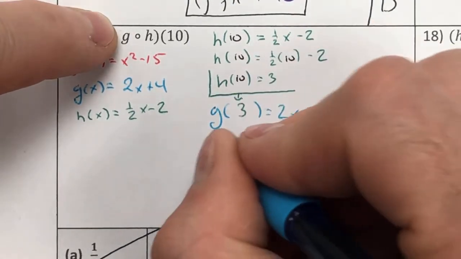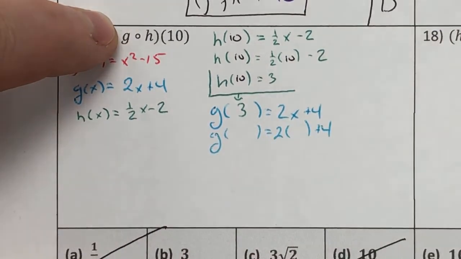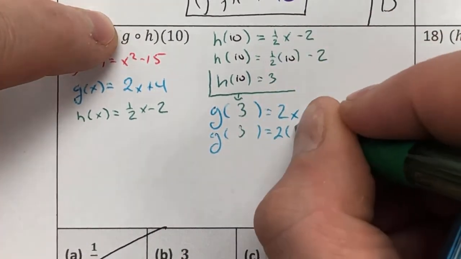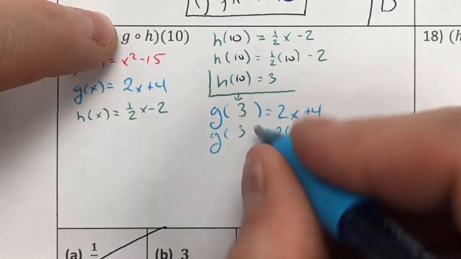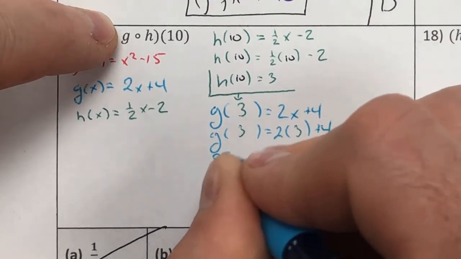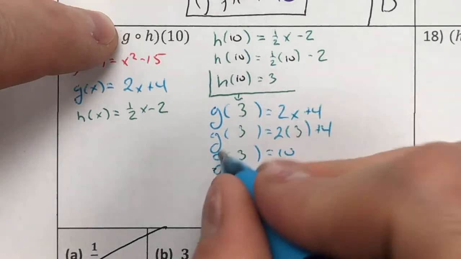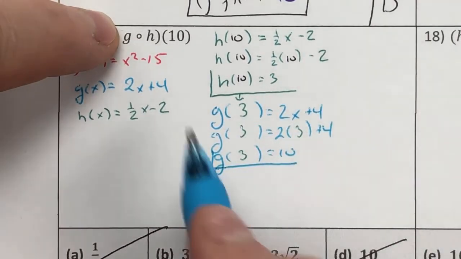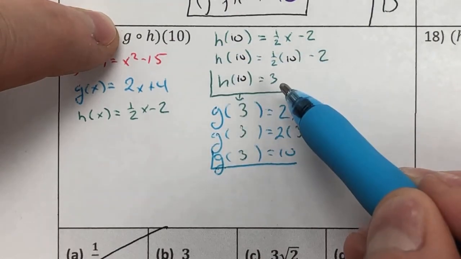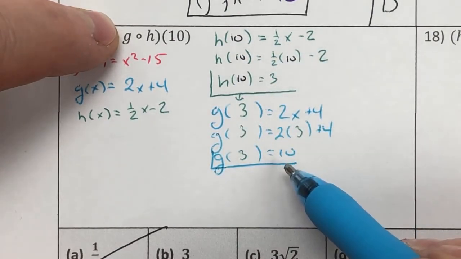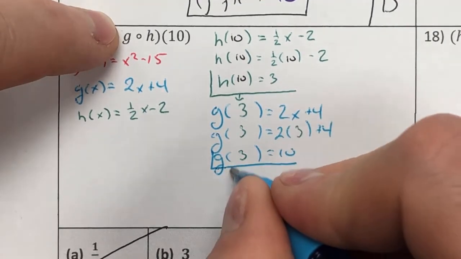So G of 3 is 2 times 3, which is 6, plus 4 is 10. So G of 3 is 10. It looks like H and G are also inverses, because we did the thing with H, got a number, and then G just turned around and gave us right back our input, which in turn we're going to plug into